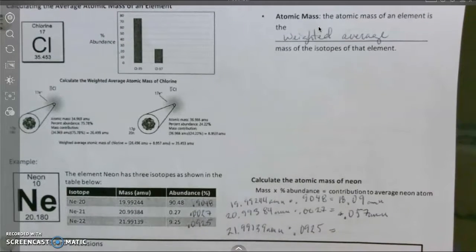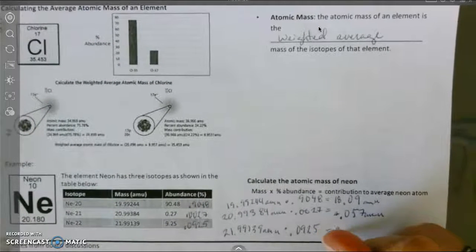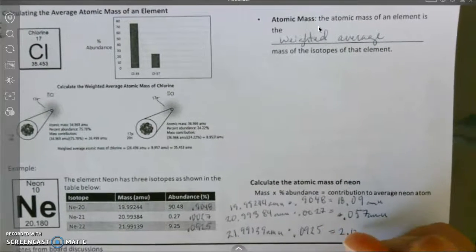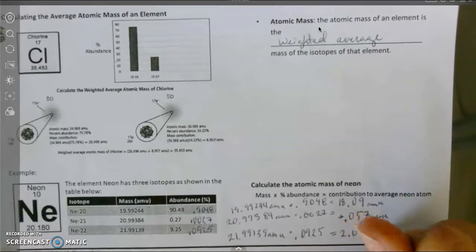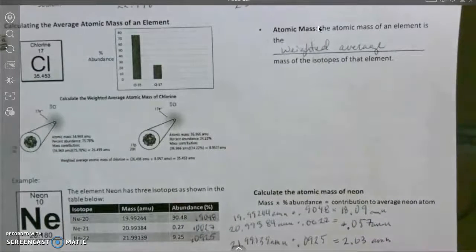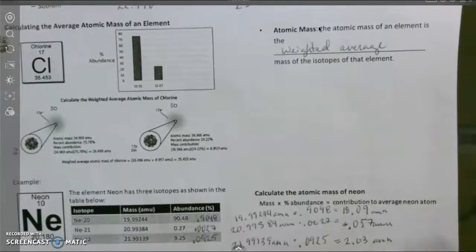Okay, so 21.9913 multiplied by 0.0925 gives me 2.03 AMU. And now the last thing I'm going to do is add these three values together,